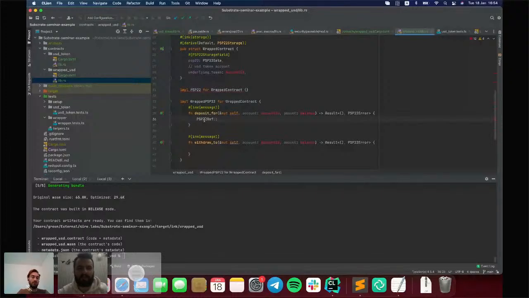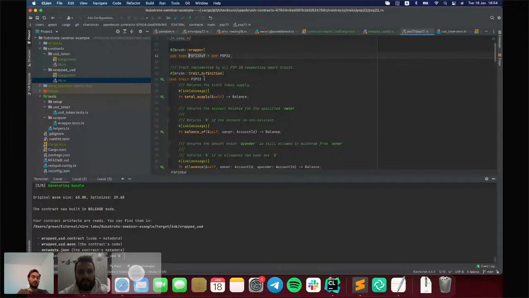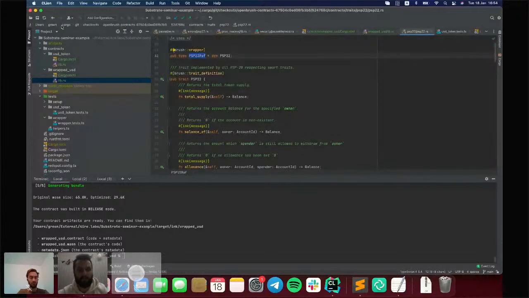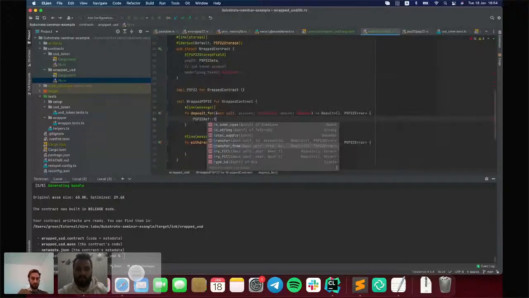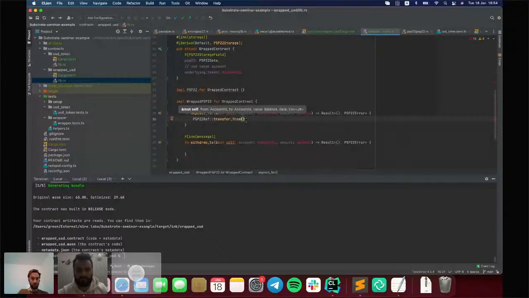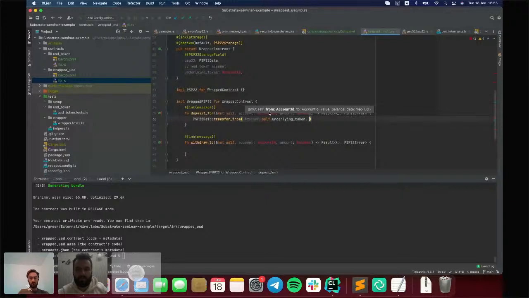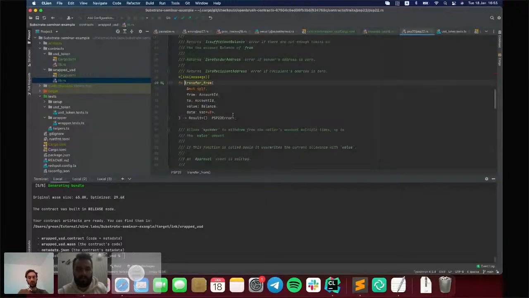So here we will use a wrapper from OpenBrush that allows us to do cross-contract calls without knowledge about the implementation of the contract. For us, it is enough to only have a trait definition to do a cross-contract call. So, for example, PSP22 ref transfer from self underlying token. It is the account ID of the USD contract. And now we need from, to, value and data.